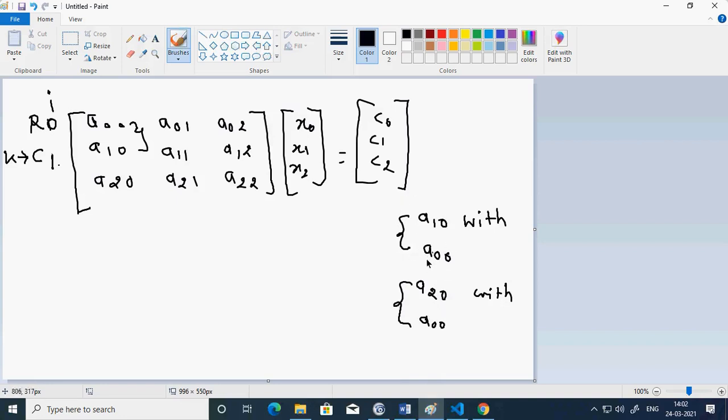If I observe carefully, this is my diagonal element. A00 is my diagonal element, and a diagonal element has its row and column indices the same. So it doesn't make any difference if I call this AII, because I stands as the column as well as the row, and that is the same for the diagonal element.